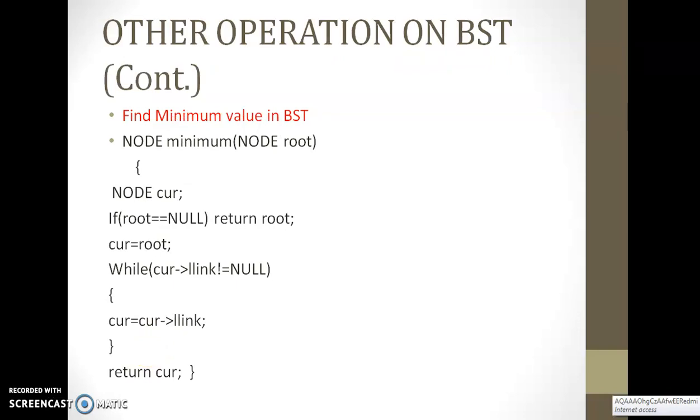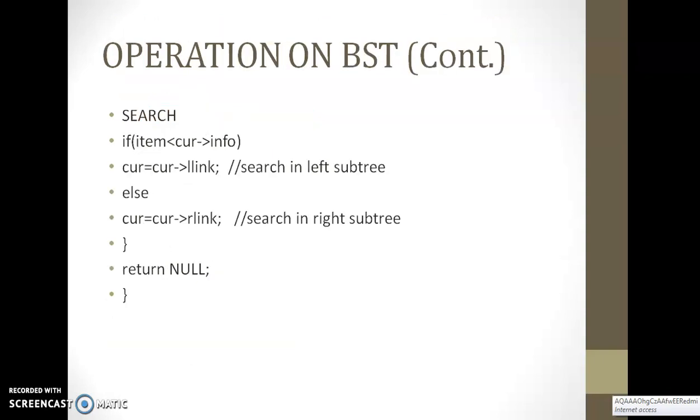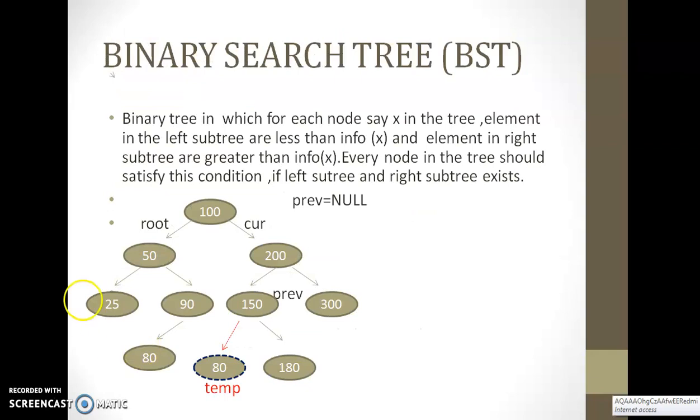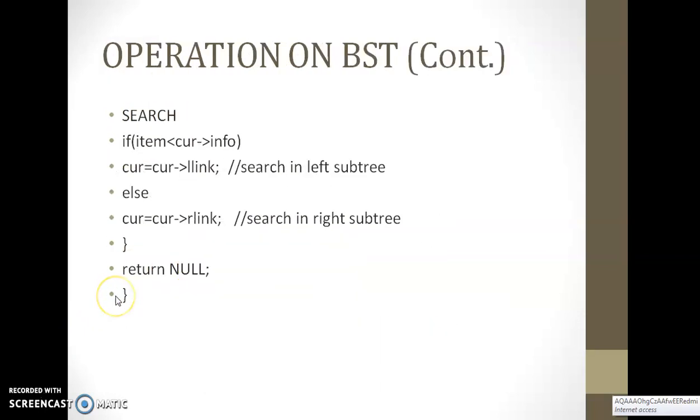Then similarly we need to find the minimum value. The same way we have traversed to the right child, we have to traverse to the left child until the left child is not equal to null. Like in this example, from the root which is held by current, is the left pointer link equal to null? No. So keep going, is left link equal to null? No. Then left link, is it equal to null? Yes. That time I have to stop. This becomes the least value in the given binary search tree.